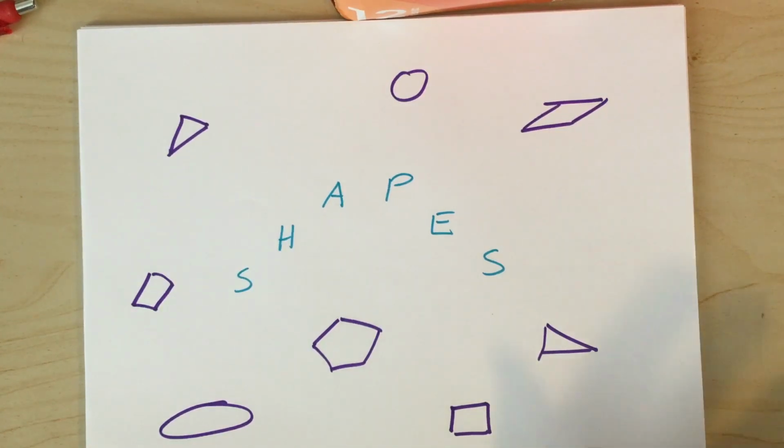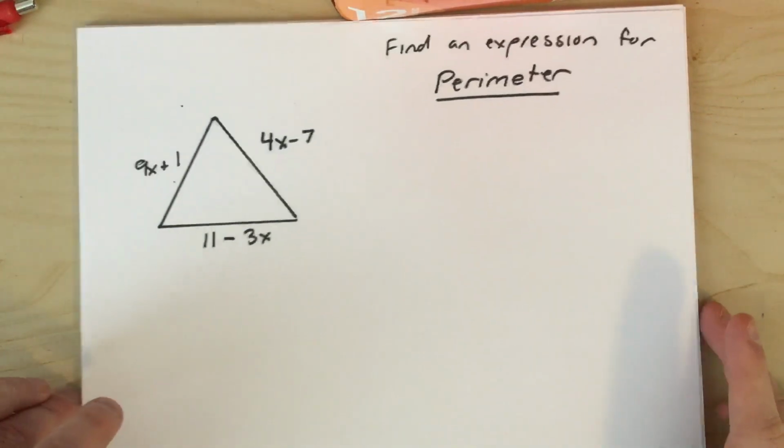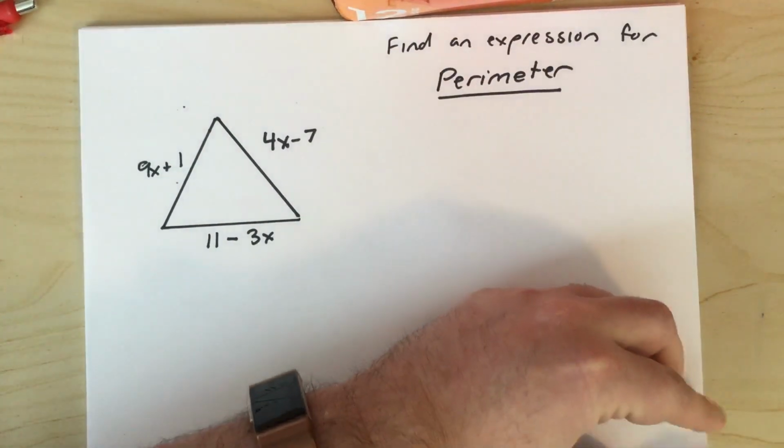So we're going to go through some shape stuff. Perimeter and area, really. That would have been a better subtitle. So here we have a triangle, and we need an expression for the perimeter of a triangle. Just as a quick reminder,